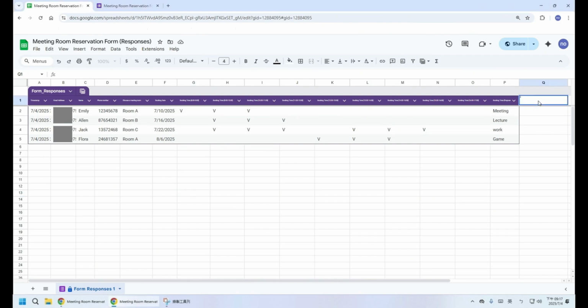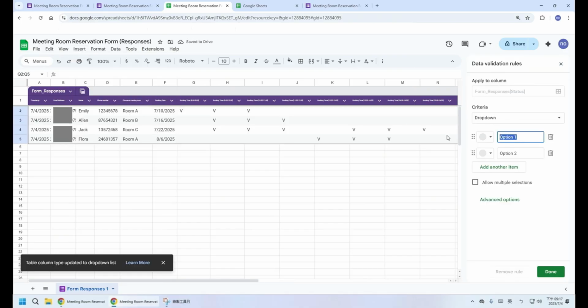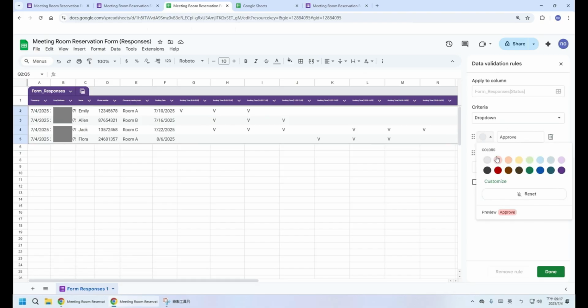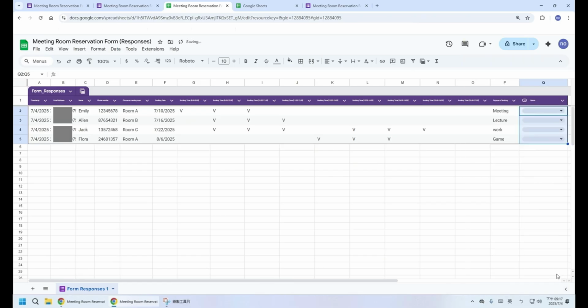So we're going to add a review column here. The system will automatically determine it is the same form. Then we can do a drop-down menu here. So we don't have to type the same thing every time. Then you can also make some color differences here. Okay, so we'll just go through some of the data at random.